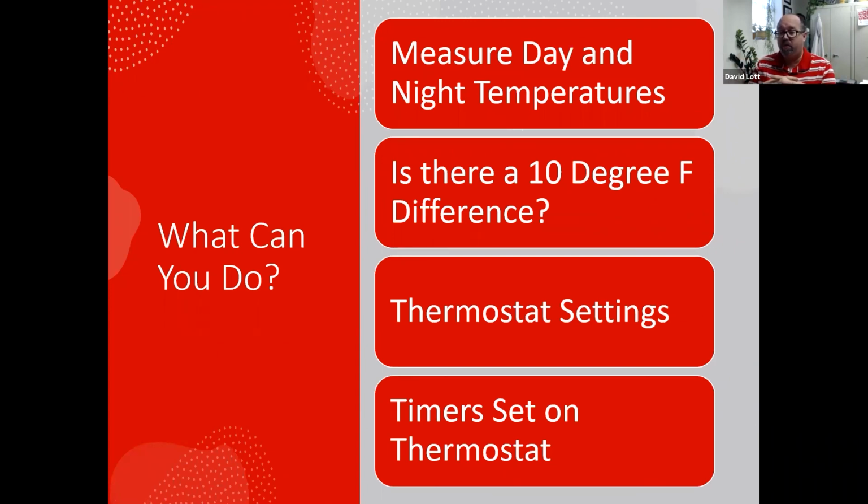You can program your thermostats now to do that, so you don't have to go to the thermostat and turn it down. You can play with your phone and you can change your thermostat setting. So there's timers, there's apps on your phones. There'll be lots of great info, little tricks on setting that, so you don't have to get up to do that. We've got the technology to change it, so it makes the plants happier too.